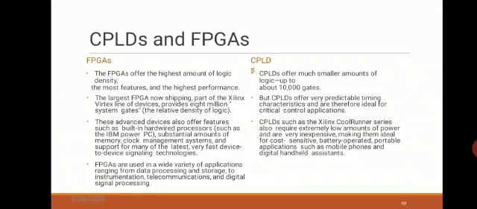And where are FPGAs used? These are used in a wide variety of applications, ranging from processing of data, storing of data, instrumentation, telecommunication, digital signal processing, etc. So these are a few differences between FPGAs and CPLDs.